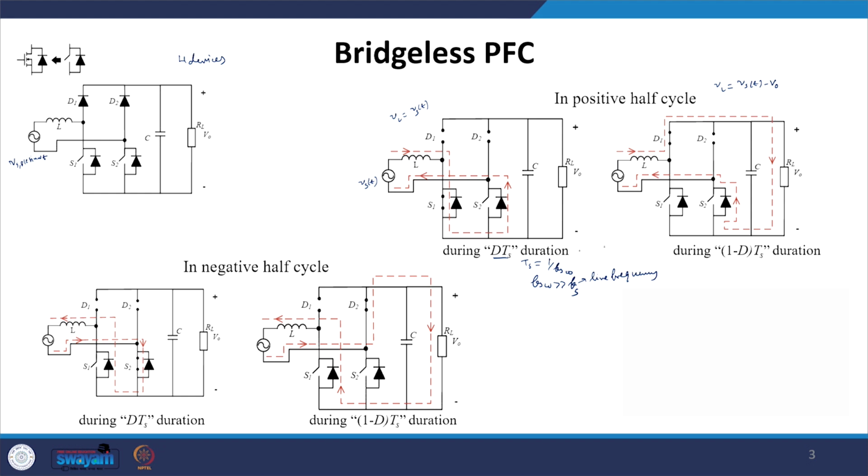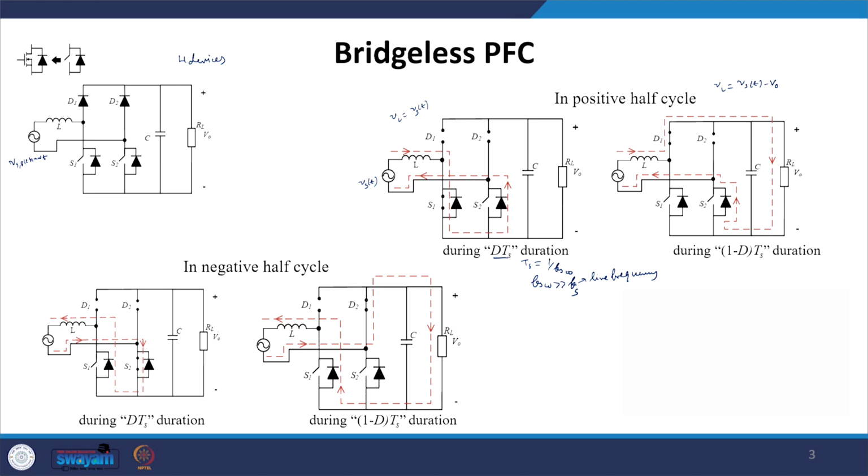And if you look very carefully, in the positive half cycle we are not giving any gate pulses to the S2 switch, or we are not turning on S2 switch, or if it is a MOSFET, we are not turning on its channel. Only the diode across the device is conducting, which is connected across the S2 switch, but the S2 switch is not being turned on. So the S2 switch will not be in operation in the positive half cycle, and also D2 will not be in operation in the entire positive half cycle.